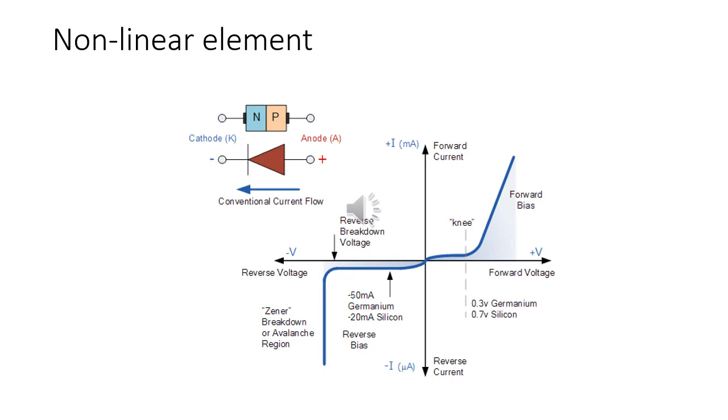The diode is almost off till it reaches the knee voltage. When your input crosses the knee voltage, that is 0.7 volt for silicon and 0.3 volt for germanium, only then will the device become on. So till that time the device is almost in the off condition. The current flowing through the device will be a very low value, maybe in the order of microamperes or even nanoamperes.